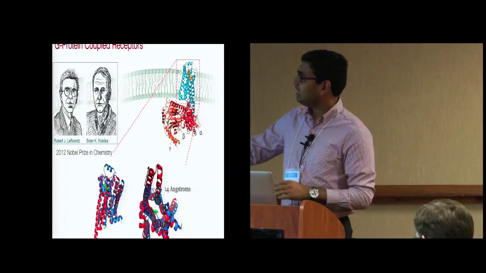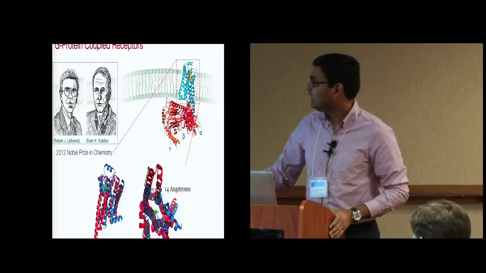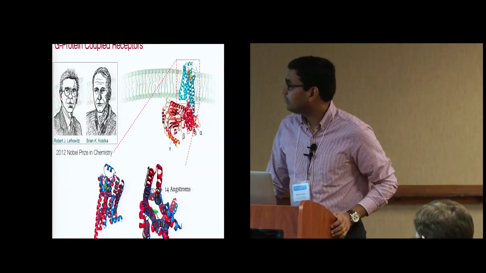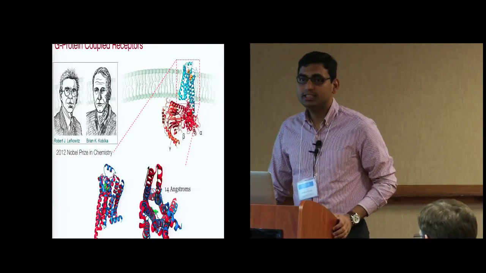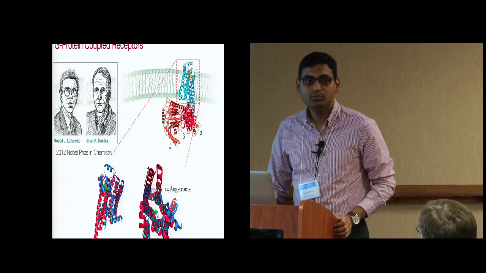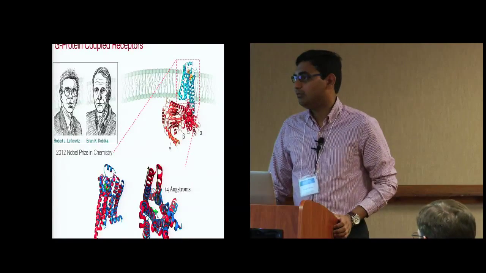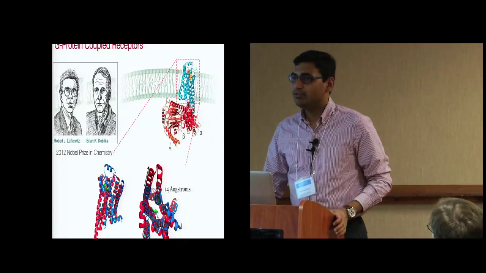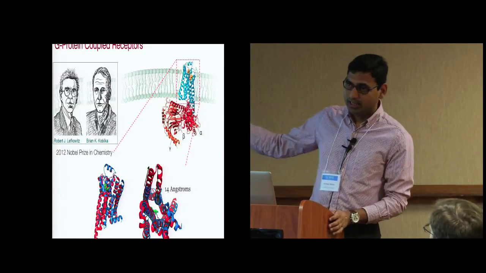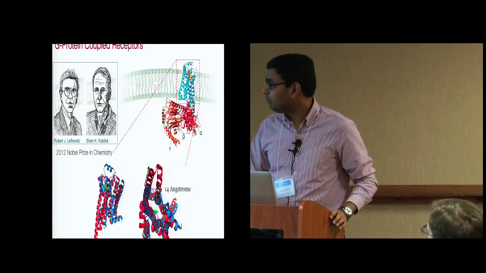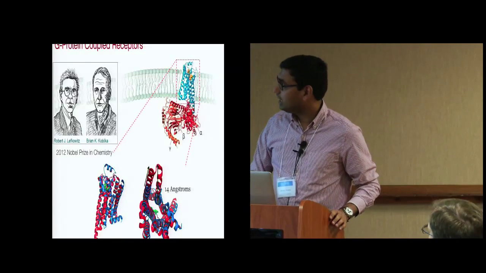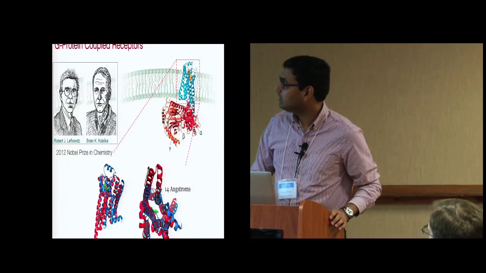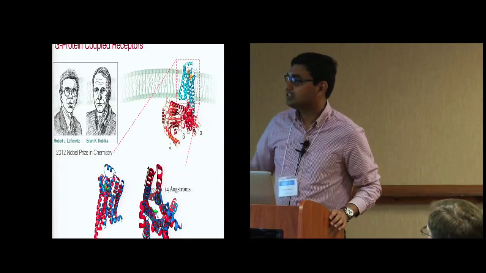So we applied this idea to G-Protein Coupled Receptors, and these are, as I said, very critical proteins involved in all forms of sensing. You're drinking a cup of coffee, the caffeine is going to bind a G-Protein Coupled Receptor. Probably 1/3 of all medicines are going to hit this protein. So it's a very, very important target, and that's why Brian Kobilka and Bob Lefkowitz got the Nobel Prize in 2012 for finding this crystal structure.